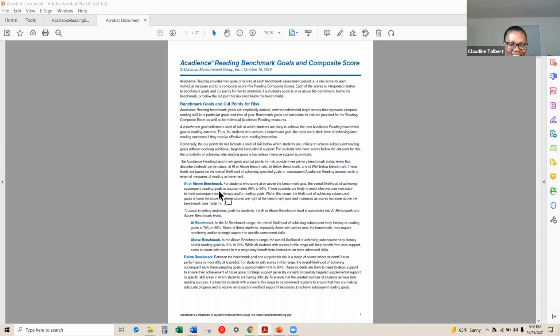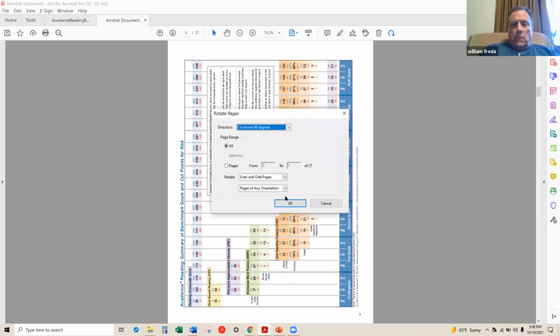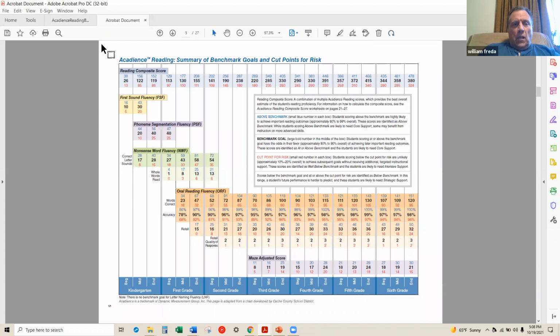Thank you. At or above benchmark, below benchmark, and I'm going to show you that right here. So this first section is kindergarten, then 1st, 2nd, 3rd, all the way up to 6th grade. The first column is BOY, beginning of year, and then you have MOY, middle, and then end of year. The top score, blue, is going to be above benchmark. The 26 is going to be the benchmark goal that we want them to get to. And 13 is really low for kindergartners coming in. However, these kids are going to be low to begin with. So